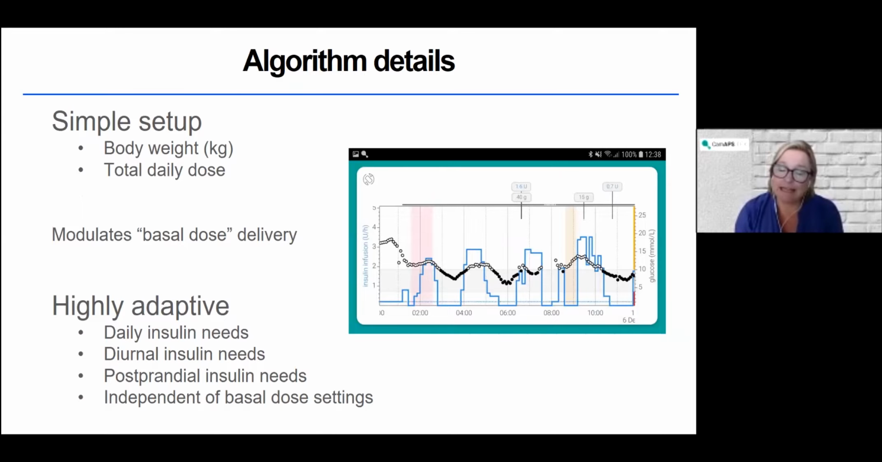So very easy to set up. All it needs to start the algorithm is body weight and total daily dose. We recommend that a 5 to 7 day average of total daily dose is inputted as a starting metric. It then modulates the insulin delivery using the extended bolus function on the pump. So it's not reading the basal settings that are on the pump. It is the extended bolus that is actually being delivered and changed about every 10 to 12 minutes to provide this blue